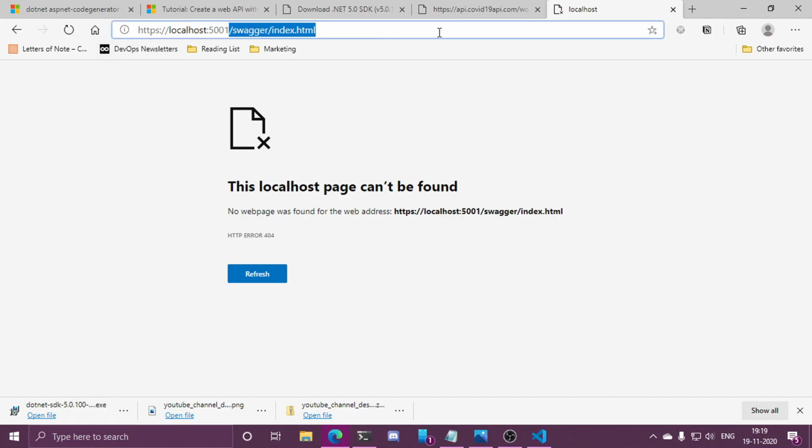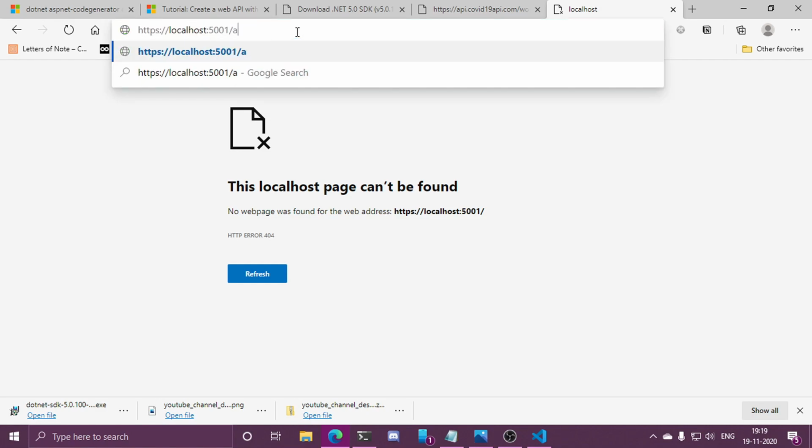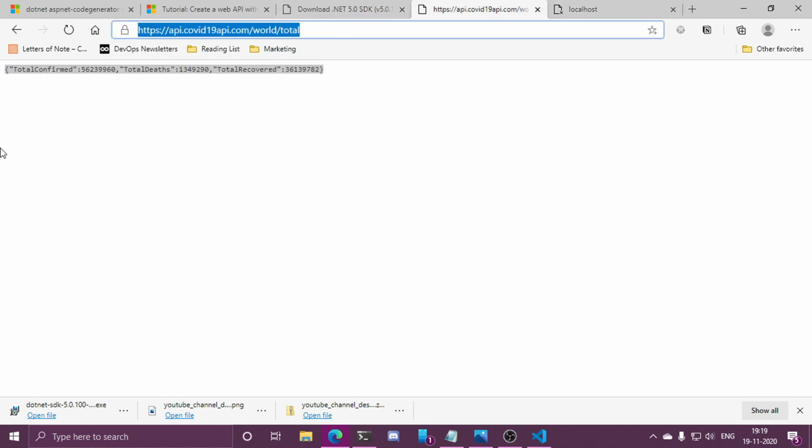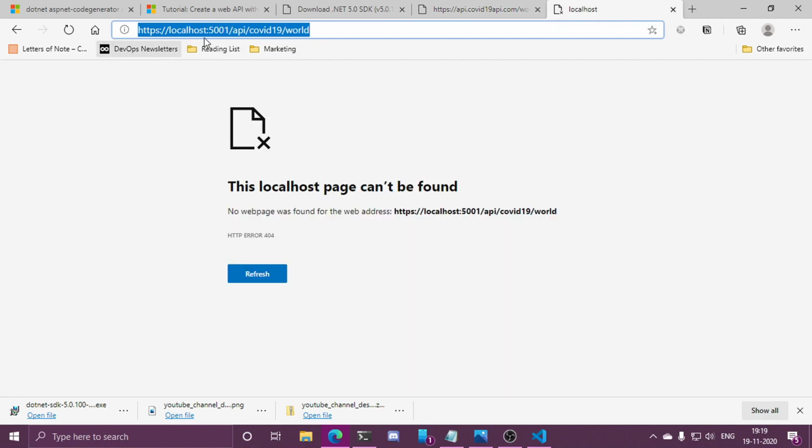Okay, now let's first of all decide the routing part, because that is quite essential and quite central to building a REST API. So we simply want to build an API which is reachable at this route: covid-19, and you can say world. So basically this will be our final route on which the data should be visible. I mean, this data should be visible on this route. As of now it is not here. We have to create it, right?